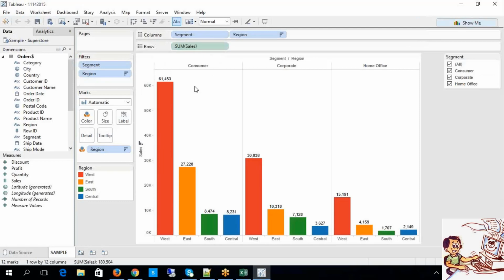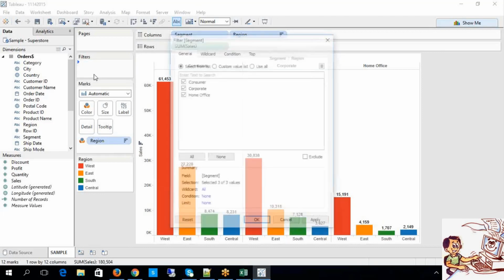So far we have seen filtering criteria like source level filters and worksheet level filters, right? Similarly, we have a concept called quick filters. What is this? Quick filters are exclusively for the end user's purpose. Which means, look at this, for example, let's say I have a field called segment.